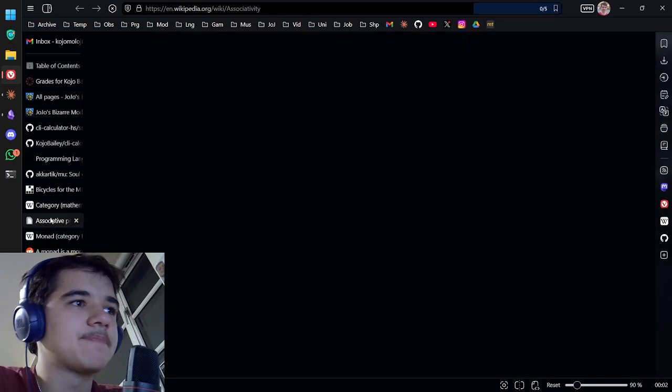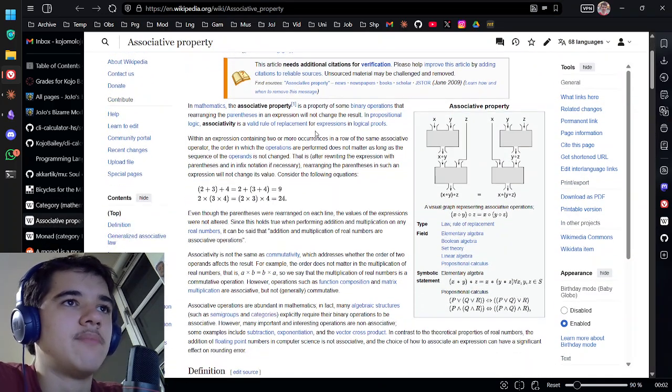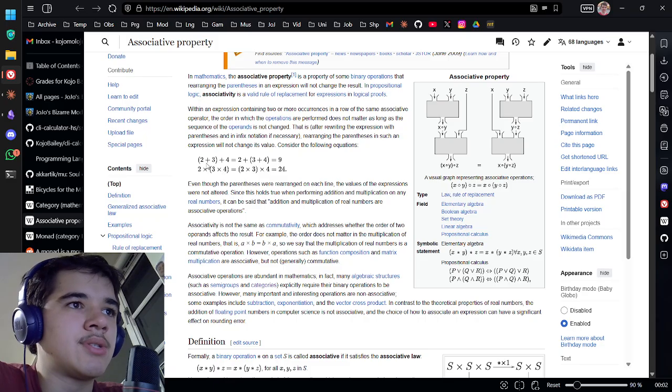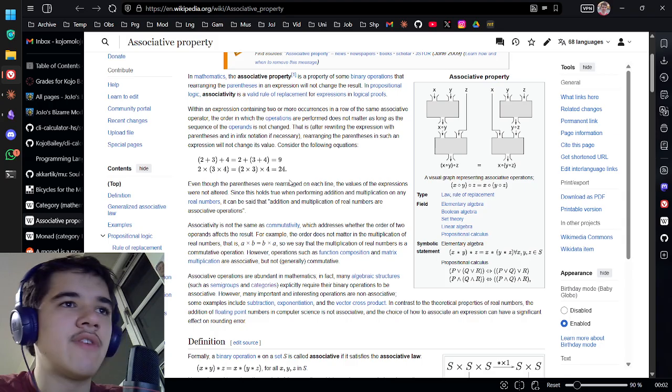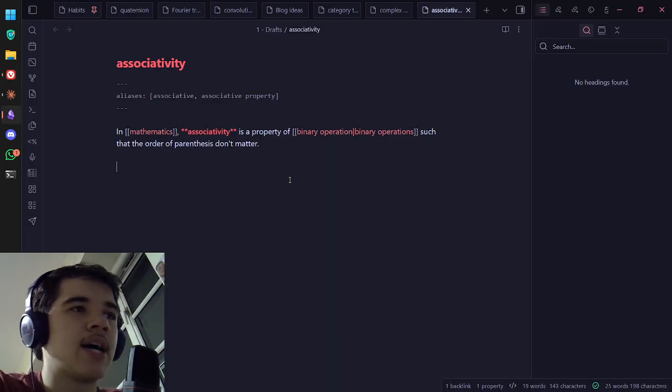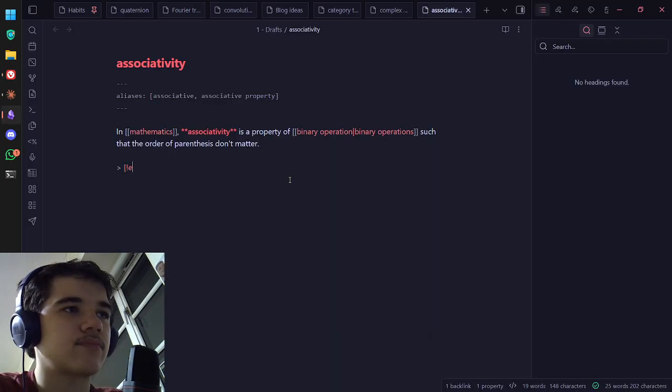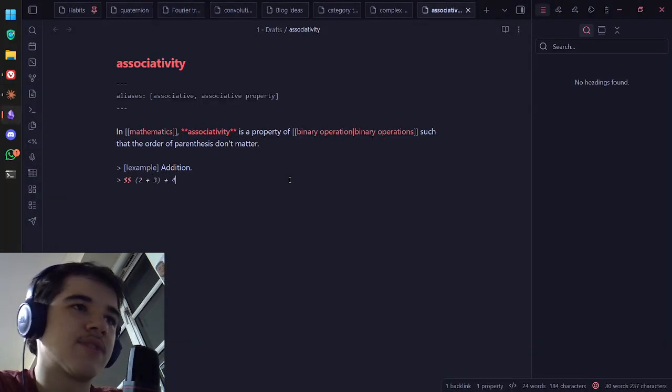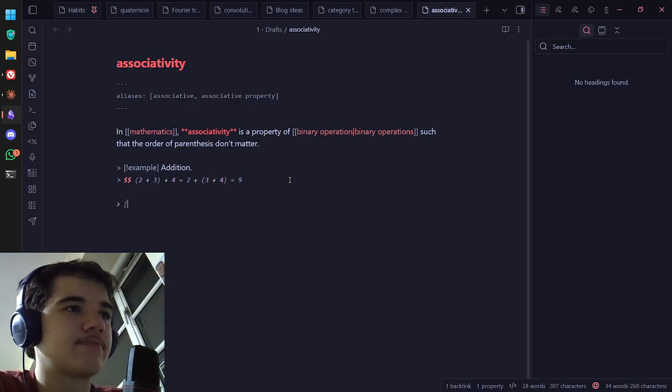Let's have a look at some examples. For example, 2 plus 3 plus 4 equals 2 plus 3 plus 4 equals 9. So even though the parentheses are rearranged on each line, the values of the expressions were not altered. To give some examples, for addition, we can have 2 plus 3 plus 4 is equivalent to 2 plus 3 plus 4, which is 9. Or for multiplication,